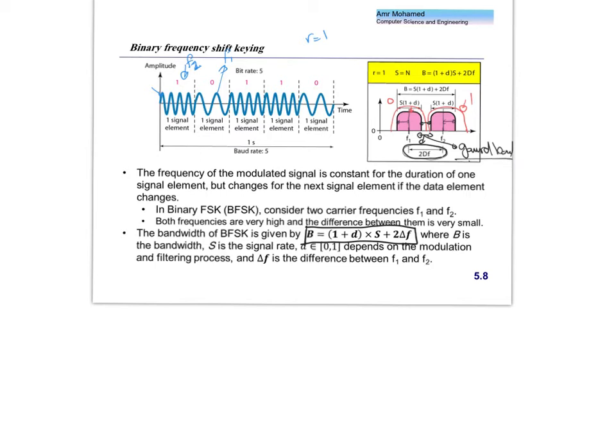What is the minimum value for 2 delta F? What is the minimum value for the guard band? The minimum value for the guard band is when the guard band in fact is zero, meaning the two symbols are right next to each other. So this happens when 2 delta F equals